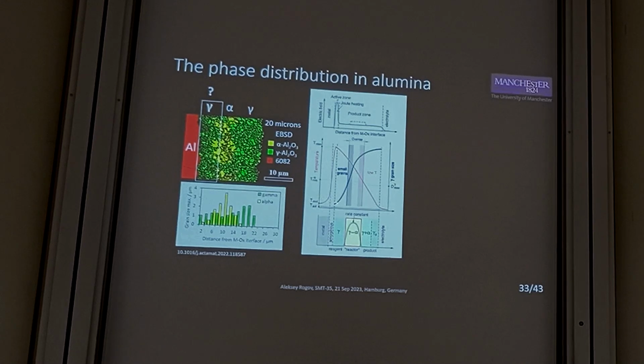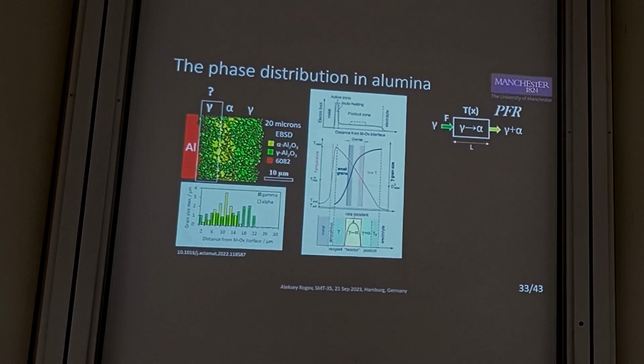One is the temperature and another is the grain size, and as a result we have a relatively narrow area where both factors match the conditions for gamma to alpha transformation, and we call this narrow region a reactor. This can be considered as a well-known concept from chemical engineering, a plug flow reactor, which takes gamma phase at the input, and the temperature profile is defined by the structure of the active zone or barrier